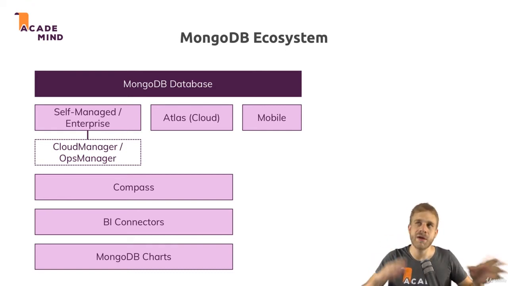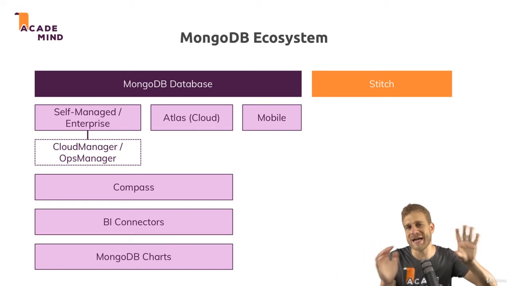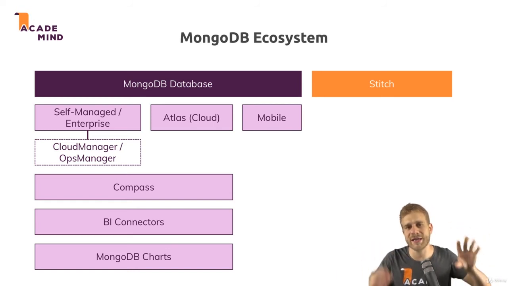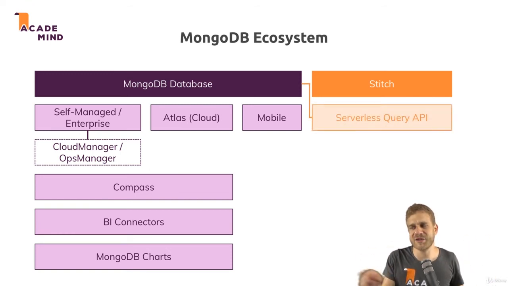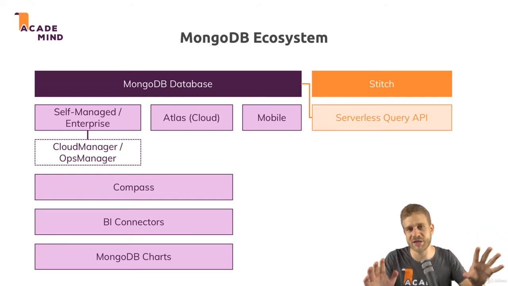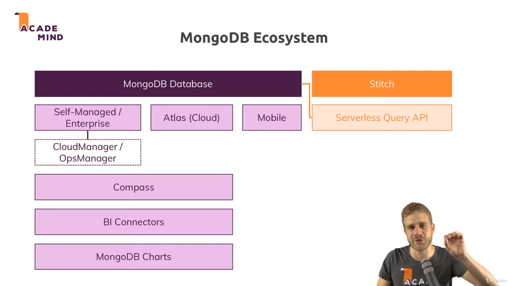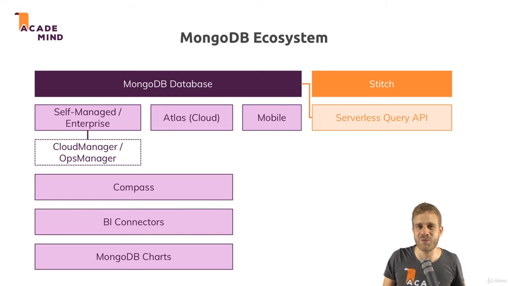Now, they also got a relatively new offering, which is called Stitch. And Stitch is basically their serverless backend solution. So this is a bit decoupled of the database, still strongly connected, but also it offers you more than just data storage. Stitch, for example, gives you a serverless query API. And you will see this towards the end of the course, where I have a whole module about Stitch and where I introduce the core products they have in that Stitch environment. So there you will see that this is essentially a tool set, a tool which you can use to efficiently query your database directly from inside your client-side apps. So from inside your React app or anything like that. But this will become clearer in the Stitch module, of course.